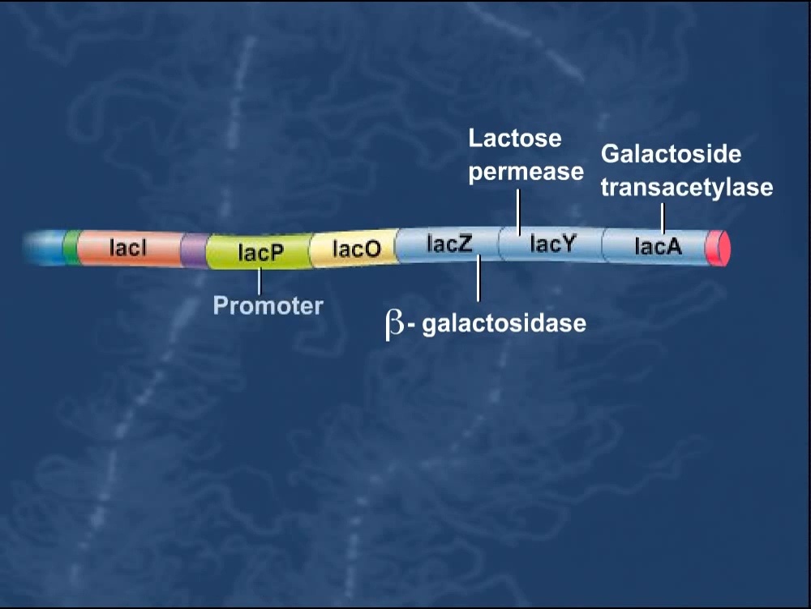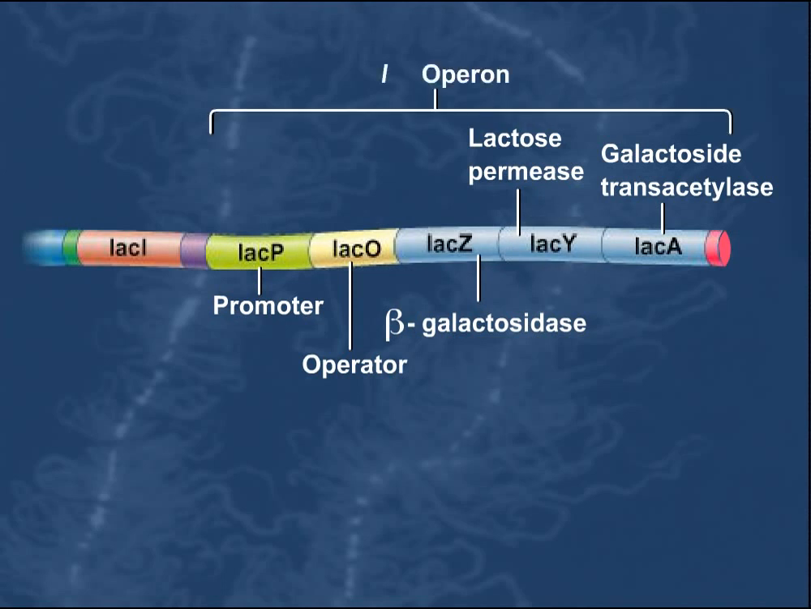The LAC-P region is the promoter that is needed to transcribe the LAC-Z, LAC-Y, and LAC-A genes as a single polycistronic mRNA. The LAC-O region is an operator site that is involved in the transcriptional regulation of the Lactose Operon. The unit consisting of the LAC promoter, LAC operator, and the LAC-Z, LAC-Y, and LAC-A genes is called the Lactose